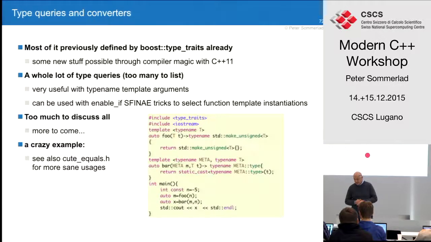I have some examples of SFINAE tricks in the acute testing framework, but they're easily too complicated to be comprehensible without further digging into it.